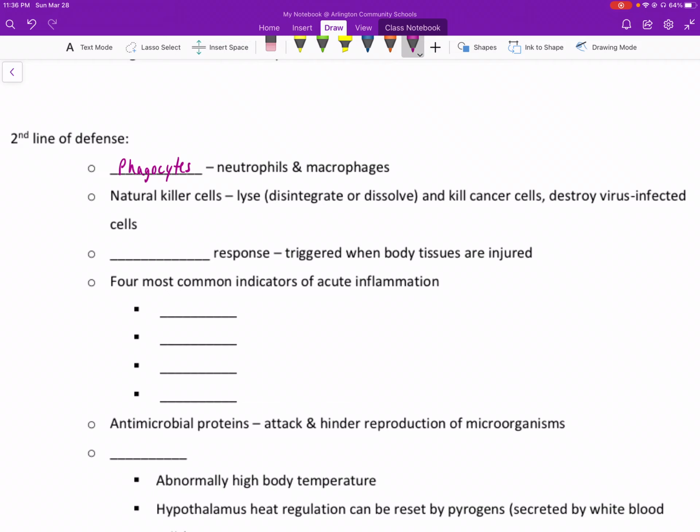Then we have our natural killer cells, which kill cancer cells and destroy virus-infected cells. Then we have our inflammatory response, which occurs when the body tissues are injured. This is what happens specifically after cuts. Your skin gets really red and inflamed or swollen due to this inflammatory response, which is in these four categories: